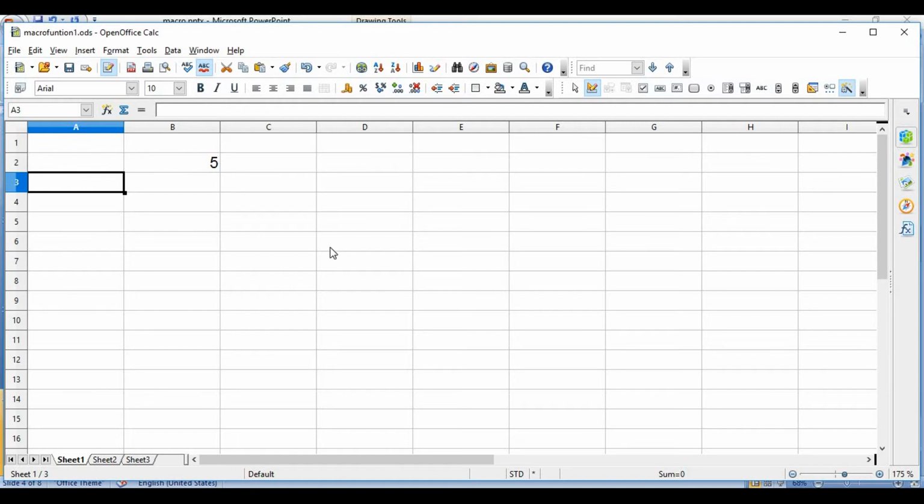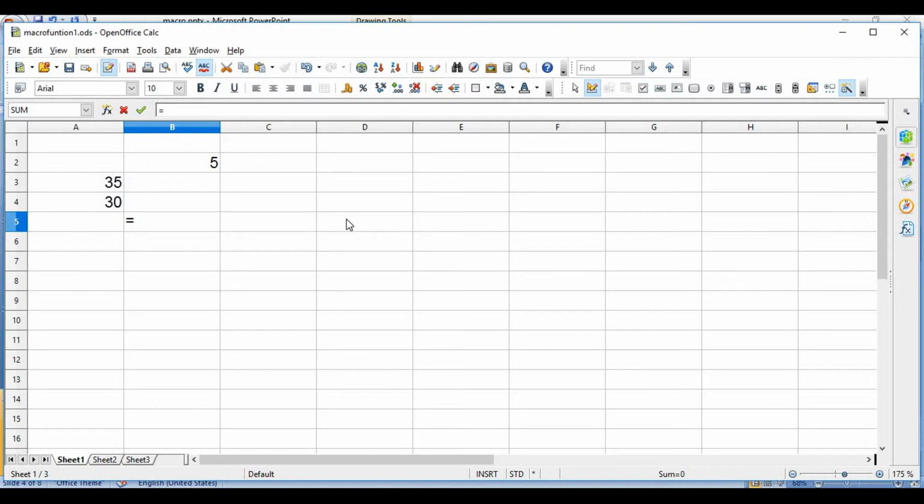Suppose 35 is given in cell A3 and 30 is given in cell A4, and we want to compare which one is greater.